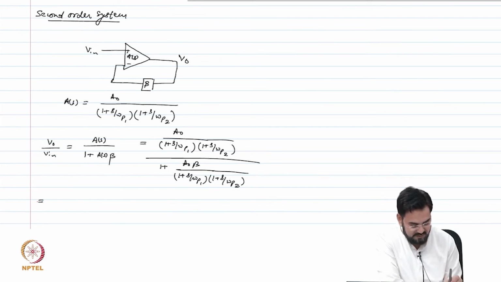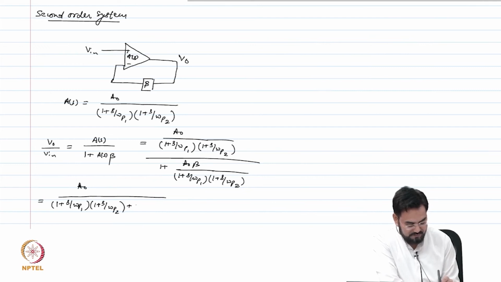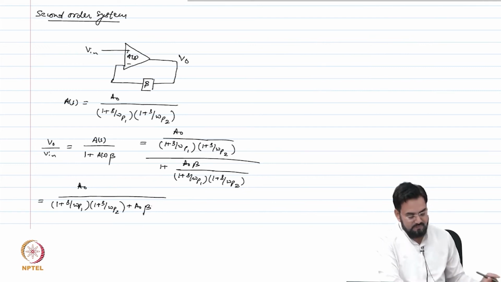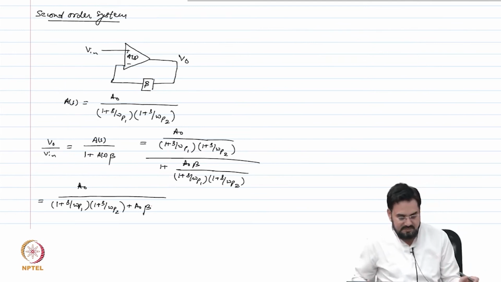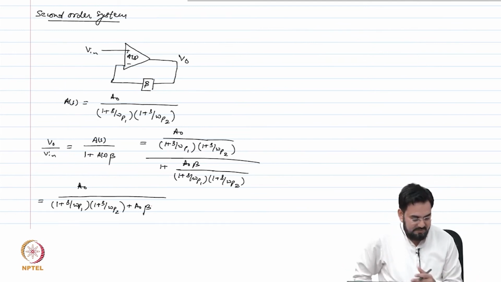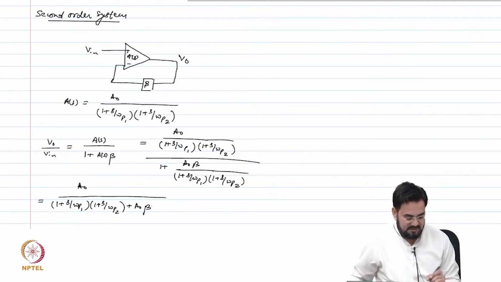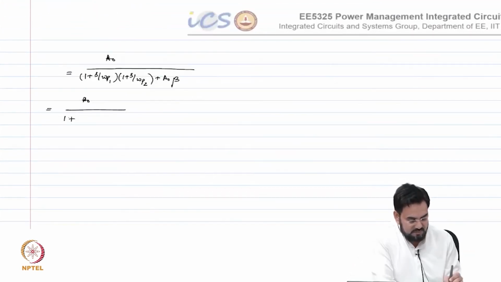So, what you get, A naught over... okay. So, just multiply the two terms here and we will see what happens. What you get here is S over omega P1 plus